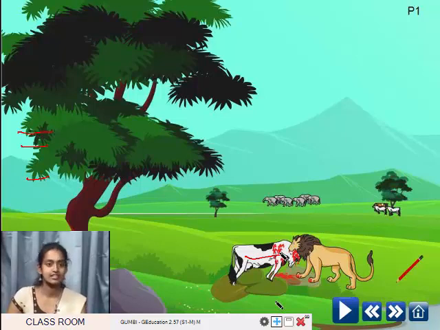Then look at the next two lines. Merrily looking to the earth. So how does the sun look at the earth? Merrily. So merrily is telling us more about how the sun looks at the earth. Then the last line, the world lives beautifully. How does the world live? Beautifully. So beautifully is a word which tells us more about how the world lives.